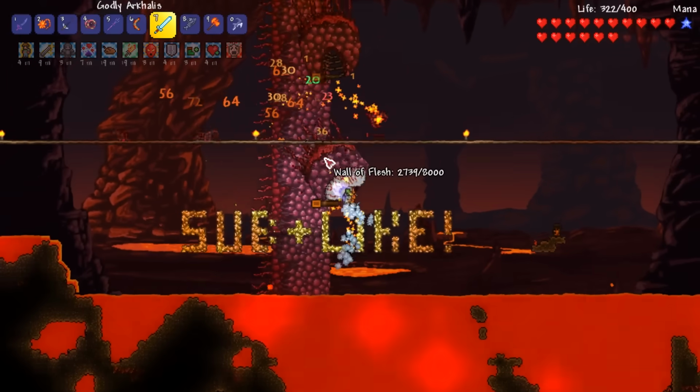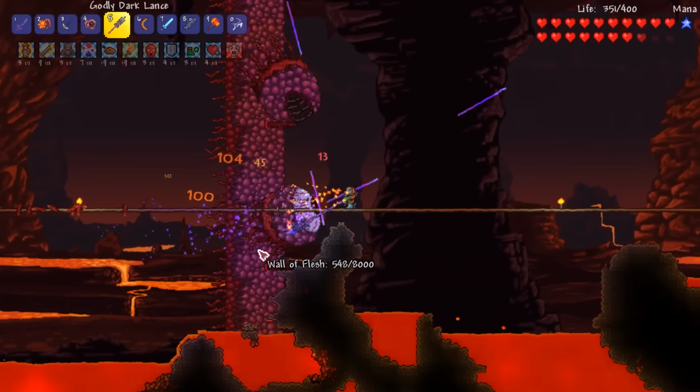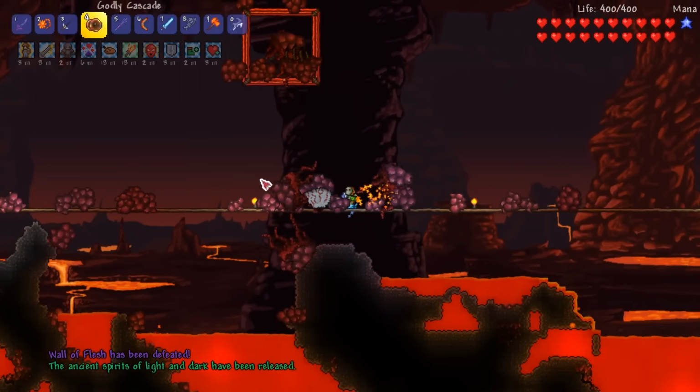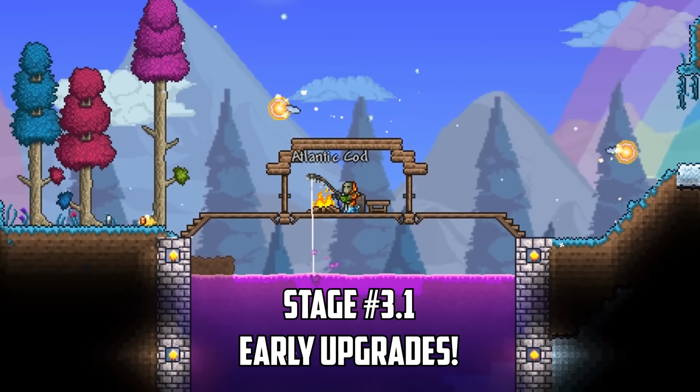With all our buffs and decent defense score, I can worry less about dodging and keep my weapons focused on the wall, and soon enough the giant fleshy beast falls and we're ready to start powering up in hard mode. We've got tons of upgrades available to us, but a lot of them involve fighting hard mode mobs, so I